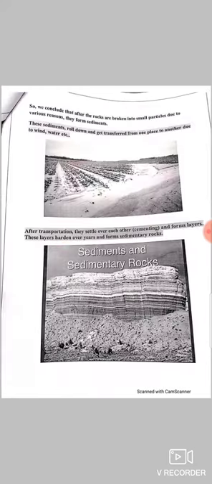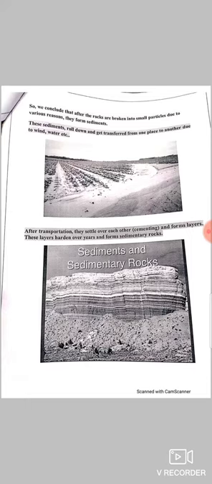When they break into smaller pieces, due to the action of wind, water, and air, they are blown away and then settle at the bottom of water bodies, and then sediments form. These are the reasons why rocks break. First is physical weathering, next is chemical weathering, third is biological, due to plants.